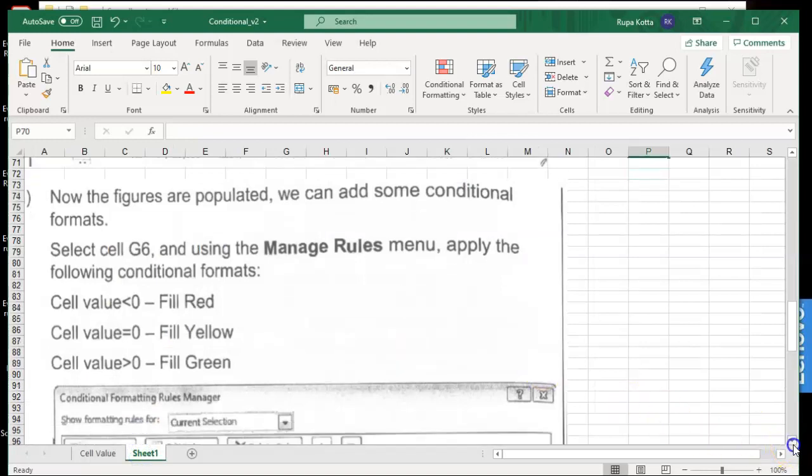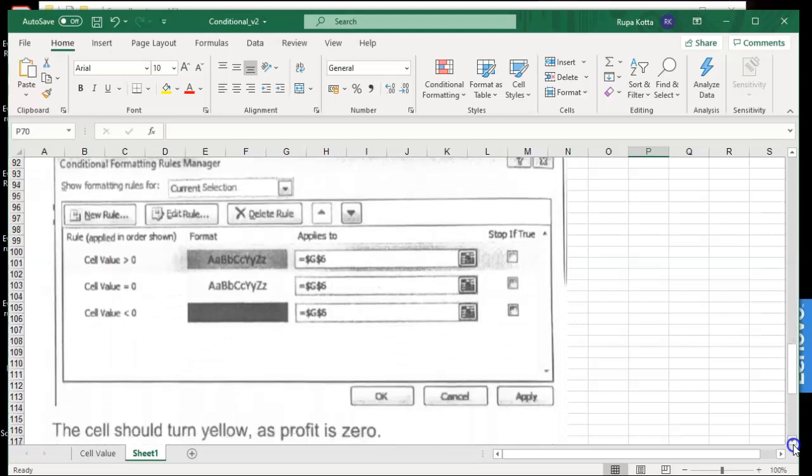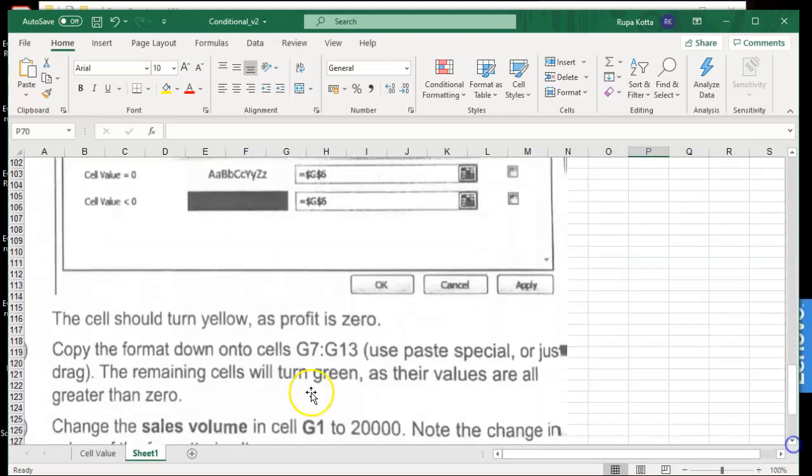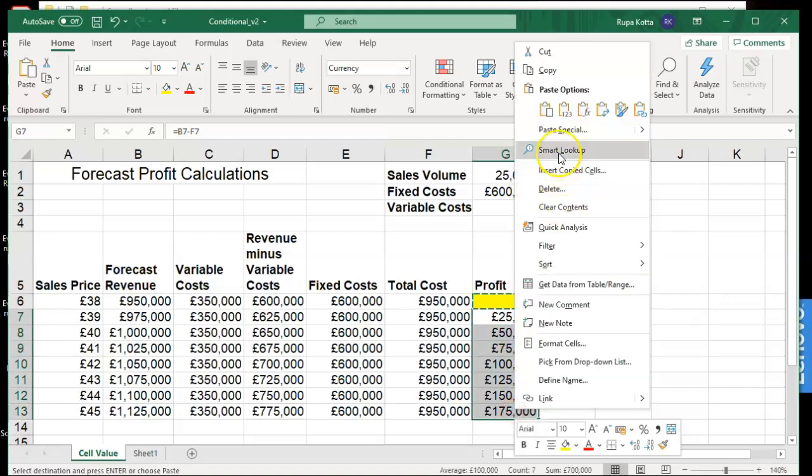Now you want to copy paste these rules into the next cells. They will ask you to copy the format down onto the cells G7 to G13. So you want to copy the conditional formatting. You are not copying the data, you are copying the conditional formatting. So Control C first to copy, but while pasting, right click and use paste special.